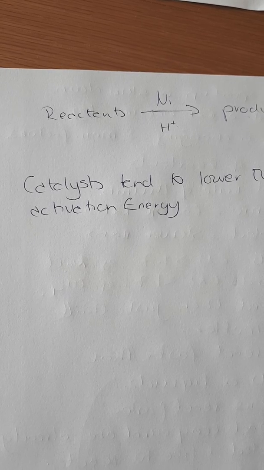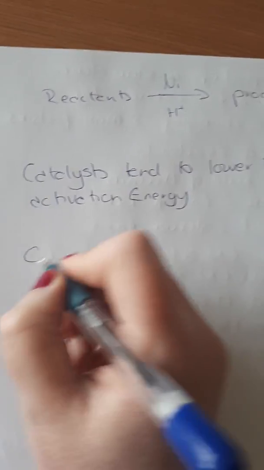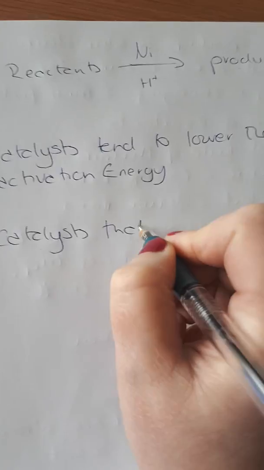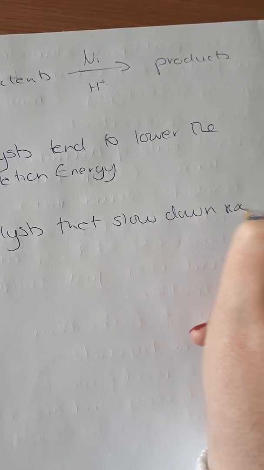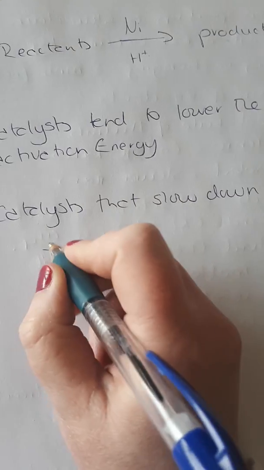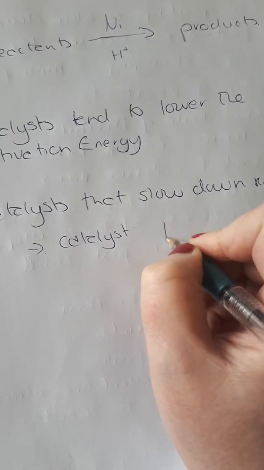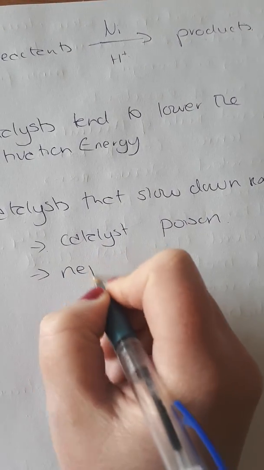But we'll talk a wee bit about the series of catalysts and how they act on the next page. But I mentioned that catalysts alter the rate of a chemical reaction, and typically they speed up a chemical reaction. You can have catalysts that slow down reactions. Now they have various names: catalyst poison, negative catalyst,